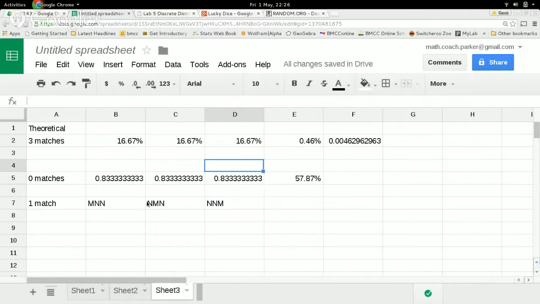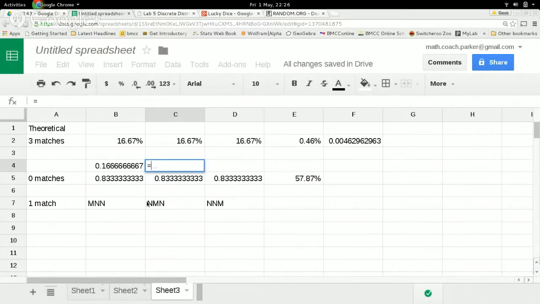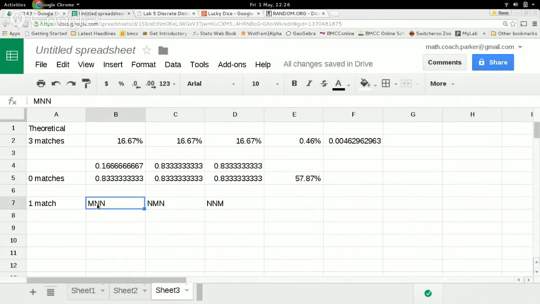Now, as far as the probability of that goes, because it's this first one here, probability of a match is 1 out of 6. The probability of no match is 5 out of 6. And the probability of another no match is 5 out of 6. Multiplying those together gives me the probability that I have a match followed by no match followed by no match. Now, the bottom line, these other ones are pretty similar. It's just the order of the multiplication is different. Now, you can multiply in any order you want, you still get the same product. So basically, when I multiply those 3 numbers together, let's do it off to the side here, I'm going to have 1/6